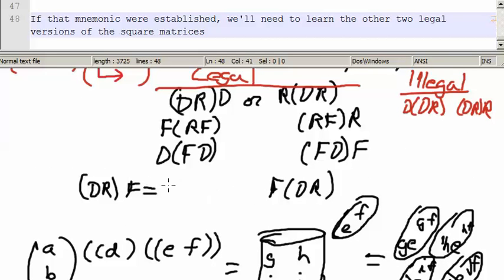I can't see any reason that down, right, forward would not equal forward, down, right. I think as long as you're making a 3 by 3 by 3 matrix, these are going